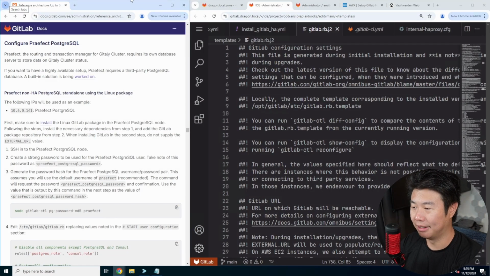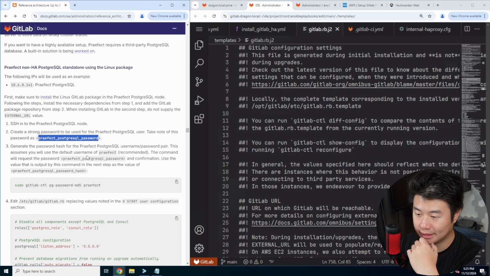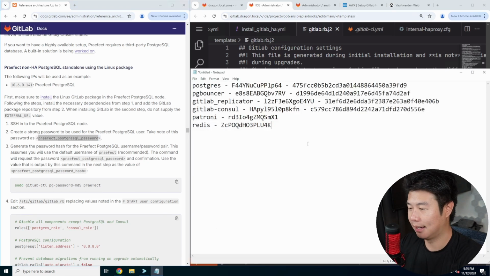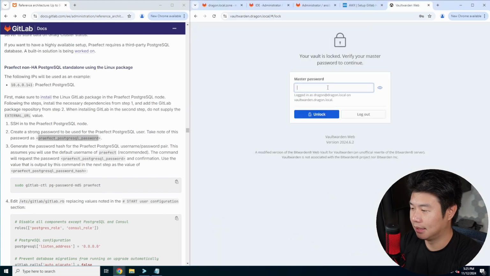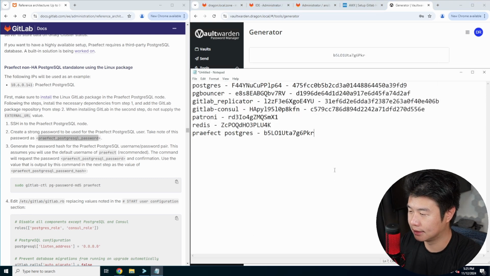All right, so we need to configure the Praefect server, which will just be another Postgres server. We got the IP here. We're going to follow the same installation steps as well. The thing here is we will need to create another password for the Praefect Postgres server. So we'll add Praefect Postgres to our list, and we will create another password here, regenerate a new password, copy that, paste that, and we will need to do the hashing as well